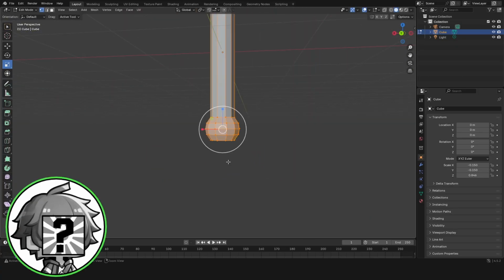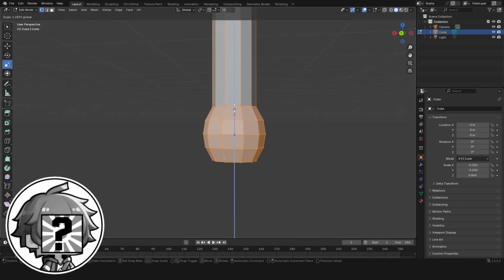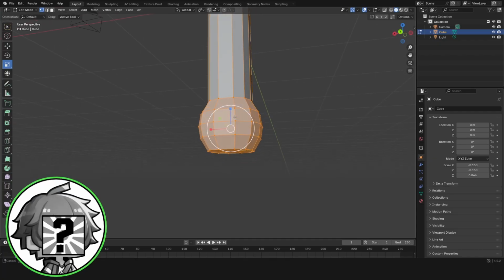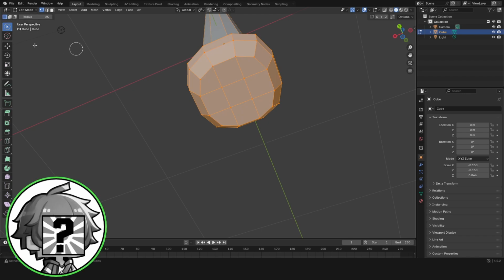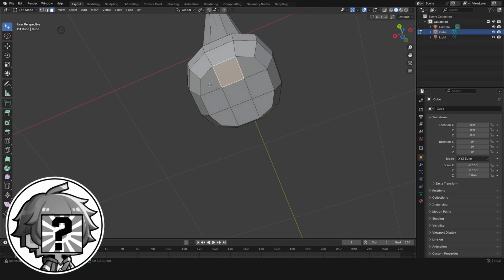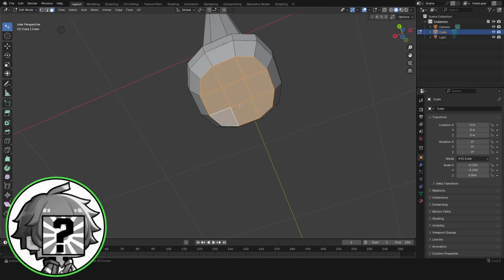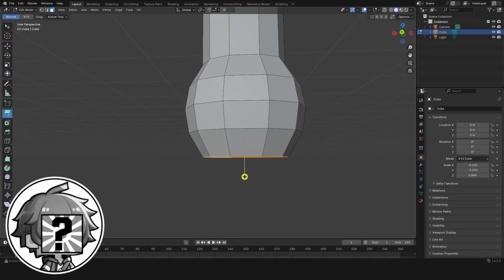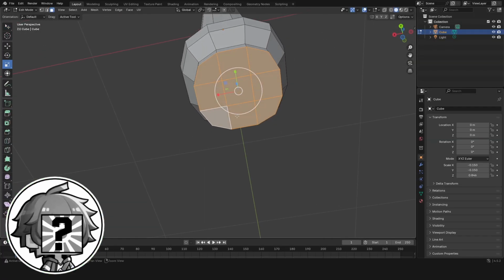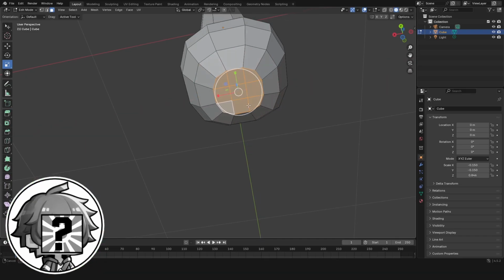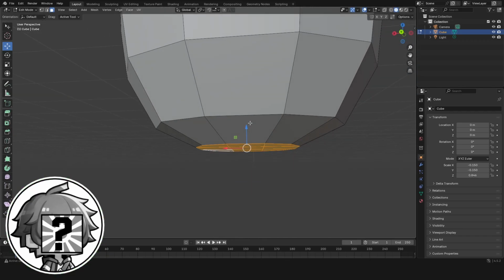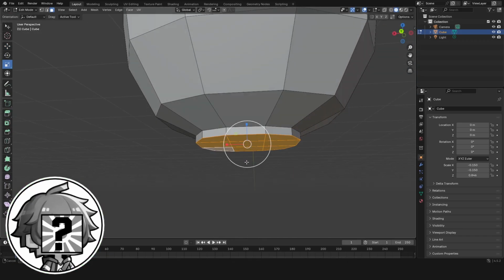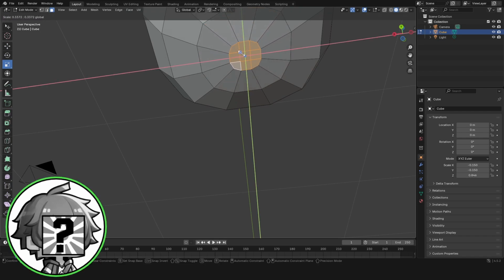In any case, we're where we want to be right now, which is good, so I'm just going to extend this out slightly to make this more spherical. There we go, and then we're going to select the faces over here, go onto the tweak tool, select the faces setting over here, and then we are going to extrude this down, and then we're going to resize it just to close it down a bit. There we go, bring that down here, and then we're just going to extrude again just to cap off the bottom of the